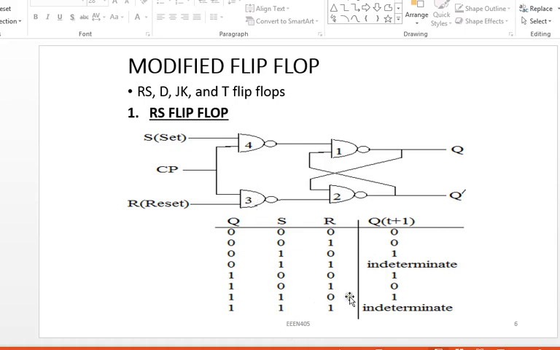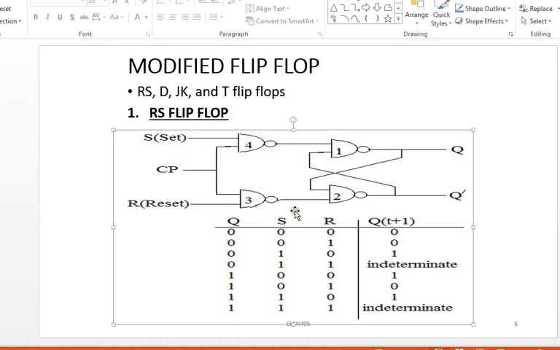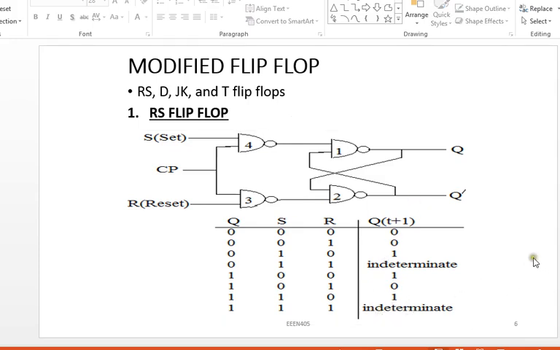And also look at the last condition where S and R are also 1 1 together with my clock pulse, which is 1. So the output of this one should be 0 and this one should be 0. So if I have 0 0 here, gate 1 will give me 1, gate 2 will give me 1, which is also an indeterminate condition. Okay, so now the next thing we'll do is to use our truth table to